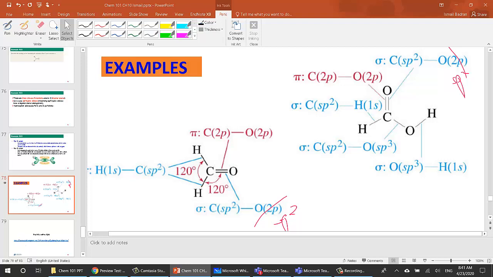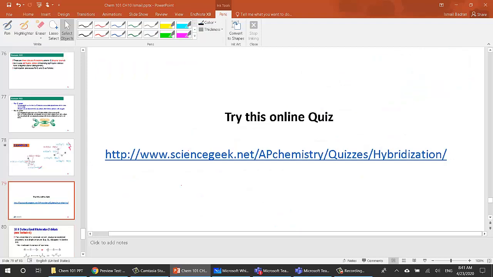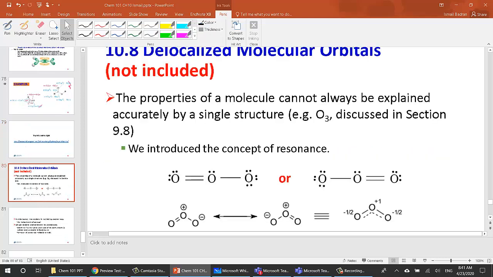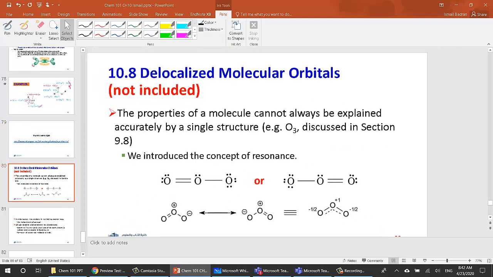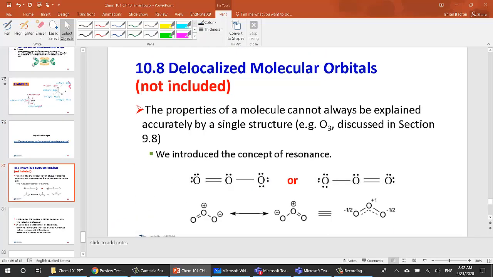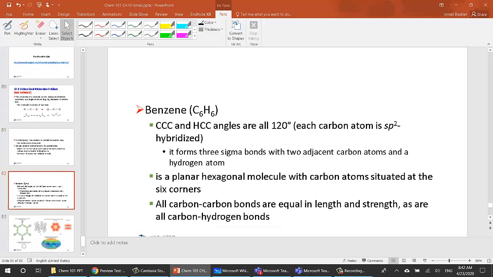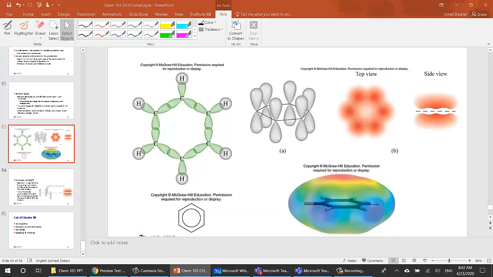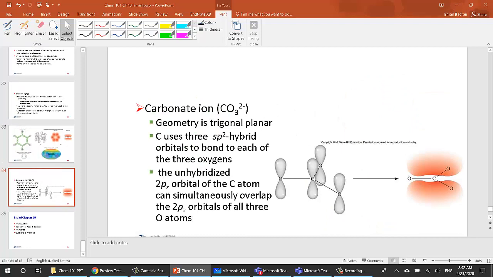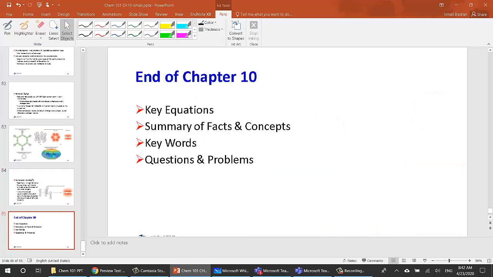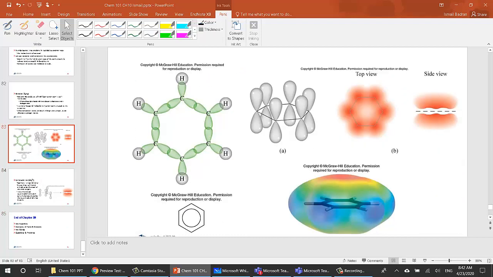By this, alhamdulillah, I finished this chapter, and there's something about the molecular orbital theory. Maybe next week we're going to talk about it a little bit. Okay. And next week, inshallah, it will be